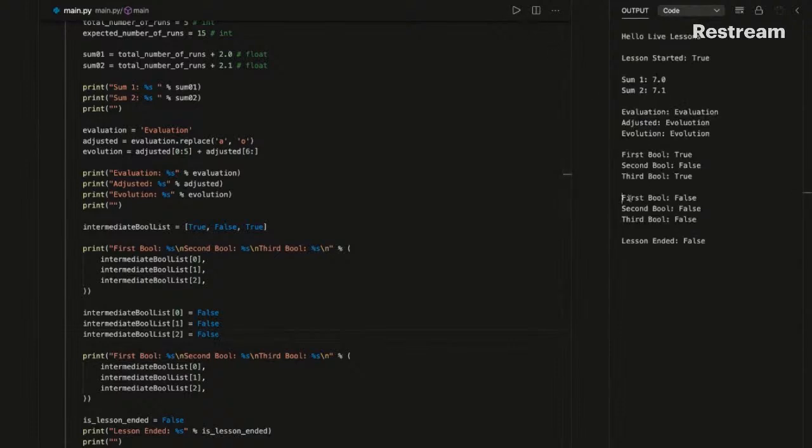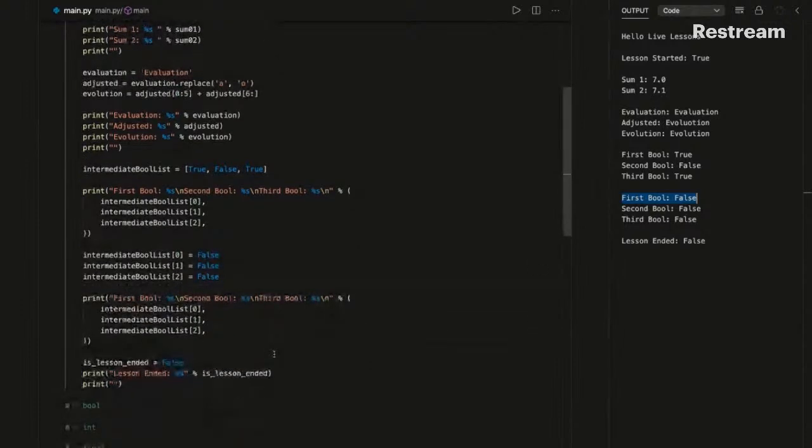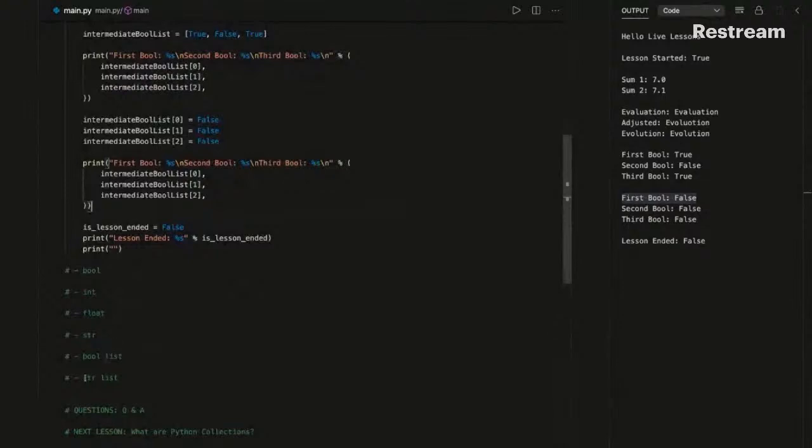Awesome. So we have first bool false and so on. Okay, great. So moving along, the next section that we were supposed to cover is string list. No, I'm sorry. The next section we were supposed to cover is